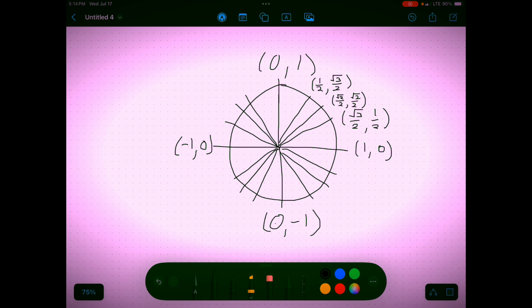Now, when it comes to memorization, how do we remember what's what? Well, it's actually pretty easy, at least for sine and cosine. Tangent may be a tiny bit trickier, but if you remember that tangent is the sine divided by the cosine, then that actually becomes pretty easy as well. So what I'm going to do is I'm going to make a chart,